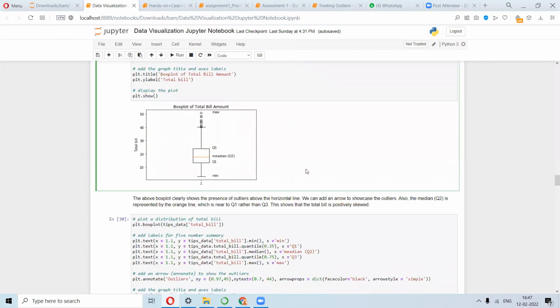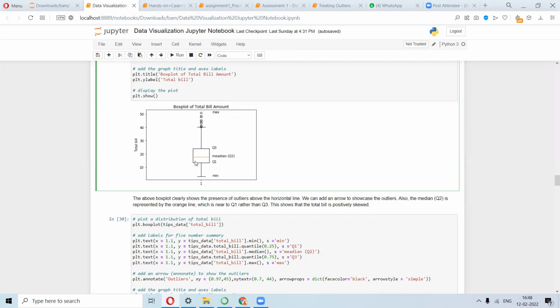And how to identify this? See, the above box plot clearly shows the presence of outliers. We can add an arrow, which is also okay. Now you see that this is very important. Also, the median Q2 is represented by the orange line, which is nearer to Q1 rather than Q3. See, this median line is not dividing the whole box into two equal parts. Rather, it's much closer to Q1 than to Q3.